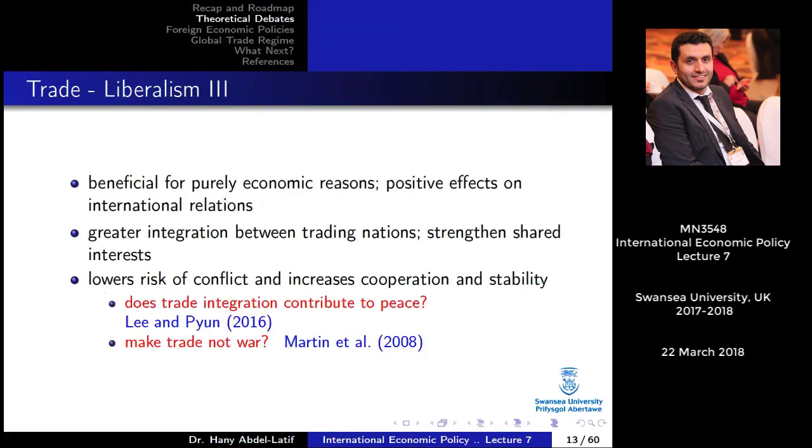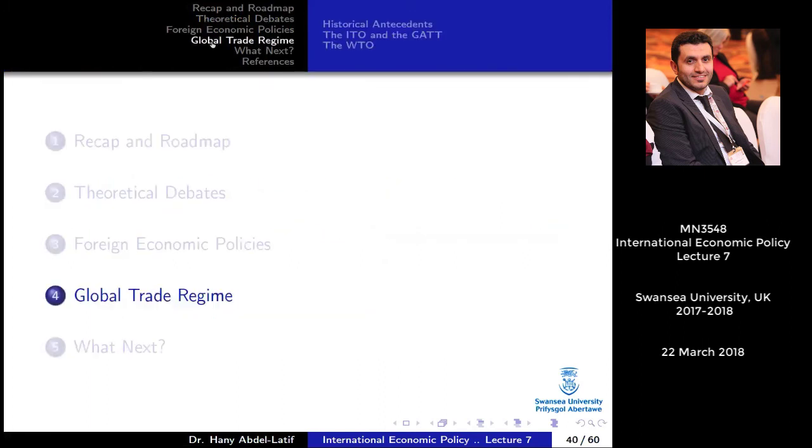And yeah, these 2 papers: "Does Trade Integration Contribute to Peace?" and "Make Trade, Not War?" You don't have to read these 2 papers. You can go beyond these 2 papers. These are just examples of what sort of empirical evidence is out there to explain how trade is important for peace and stability, etc. So the last part in this lecture, which as I said is a very short one,